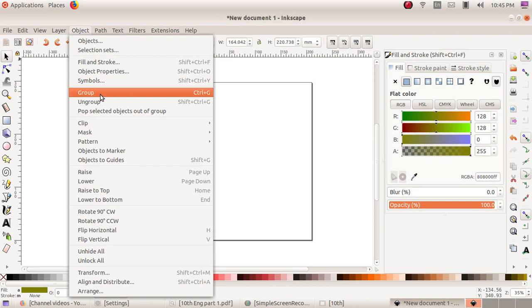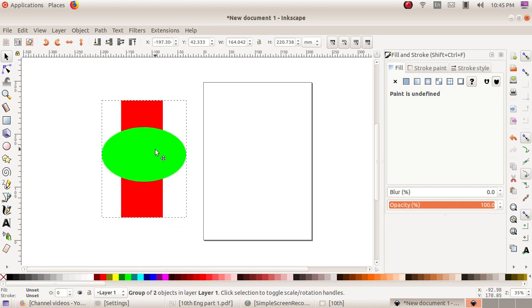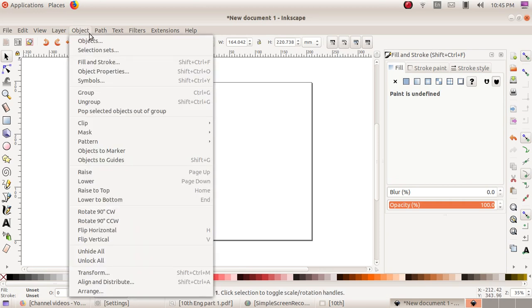The shortcut key for group is Ctrl plus G. Okay, this is grouped, and you can ungroup this object by clicking on object, ungroup. The shortcut key for ungroup is Shift plus Ctrl plus G.